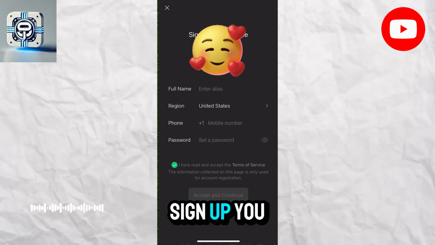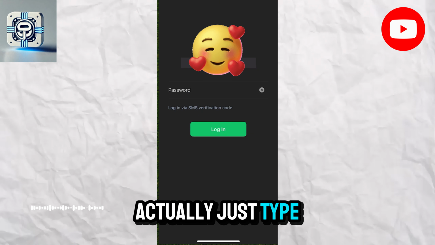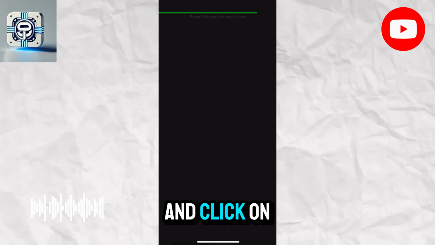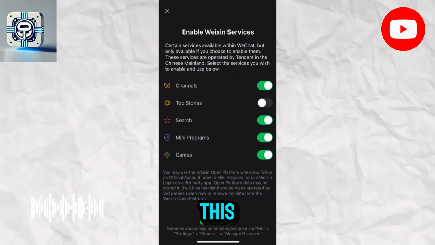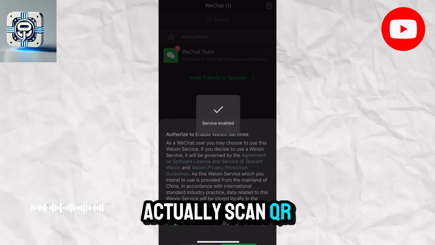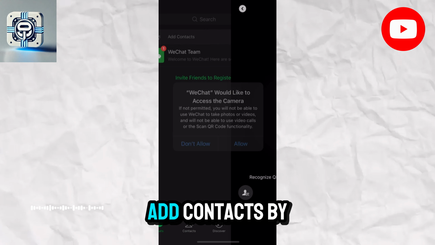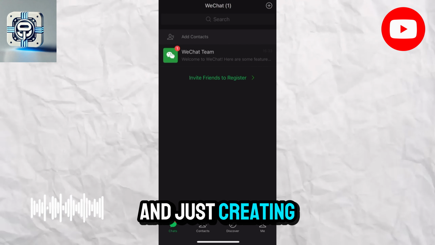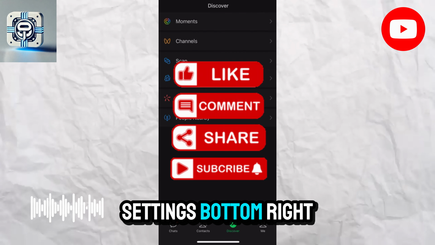So once you sign up, you can actually just go over here, you're brought to the login where you can just type in your password and click on login from here. And when you actually log in, it'll look like this. And you can basically just use this app to actually scan QR codes to pay for bills. You can click on your money option, or you can add contacts by going here. And just creating messages is really easy to add people. And if you just want to go to your settings, bottom right corner,